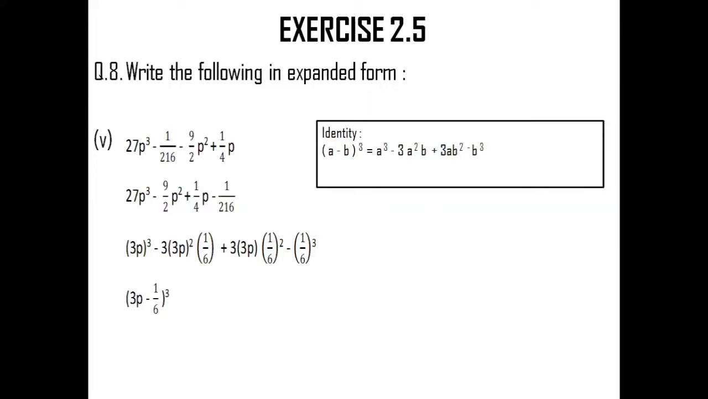Over here, you must have realized, yes, it belongs to the identity (a minus b) the whole cube. So a will be replaced by 3p and b will be replaced by 1 upon 6. So the answer is (3p minus 1 upon 6) the whole cube. I hope you have understood